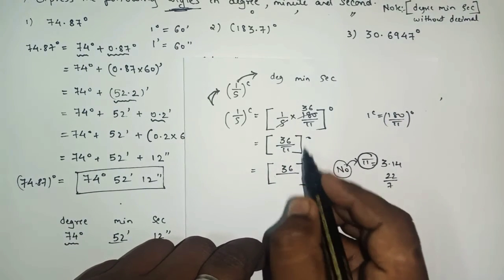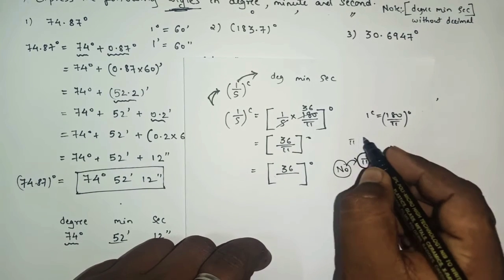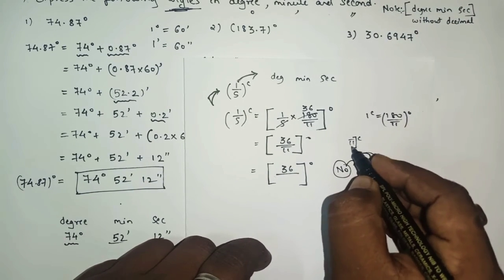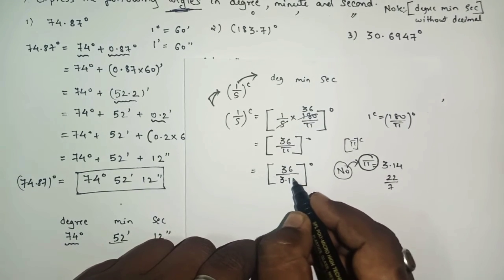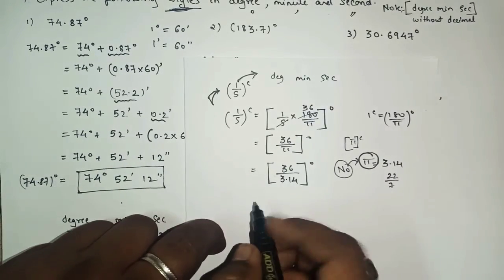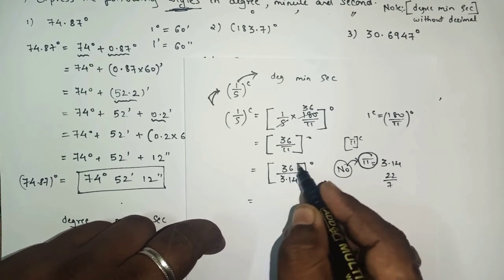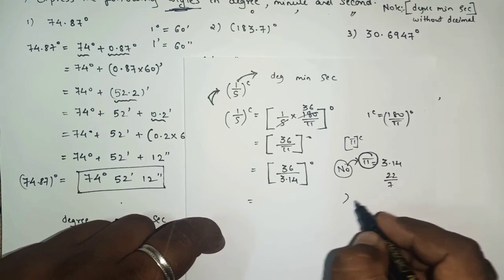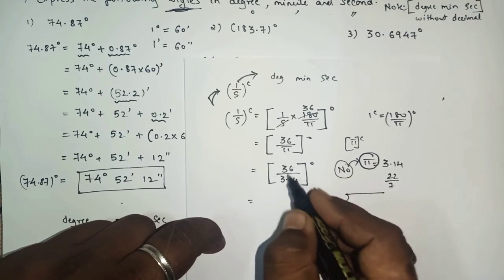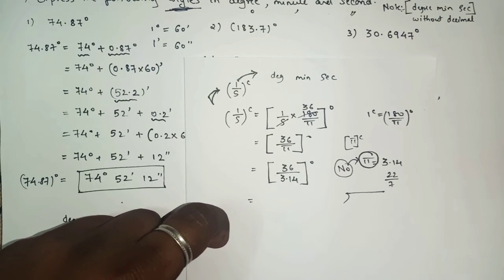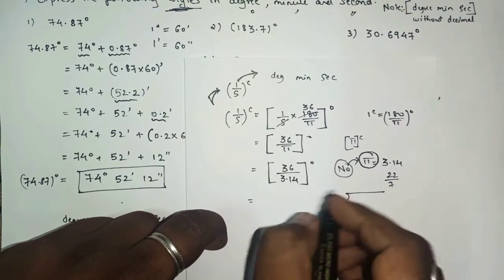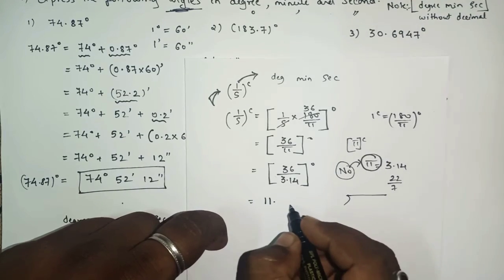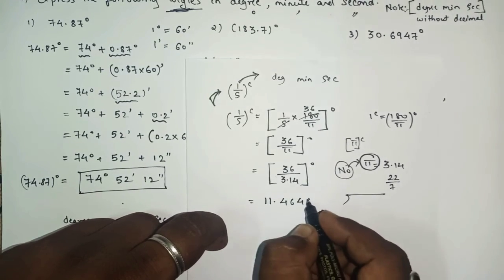Now this pi is inside the box. Here we don't have the radian or degree, yes or no? It is inside the box. So here we can replace pi by 3.14 or 22 upon 7. Further, just reduce the number, cancel, or directly divide, or first remove the decimal and then divide the numbers. It is up to you. Here I am writing the answer directly. When you reduce the numbers, cancel and divide, you will get this answer, 11.4649